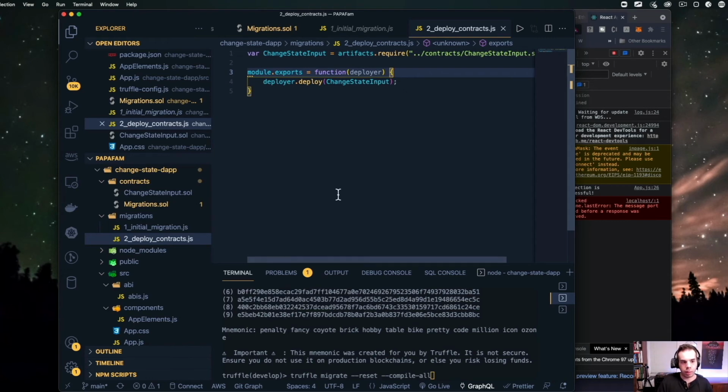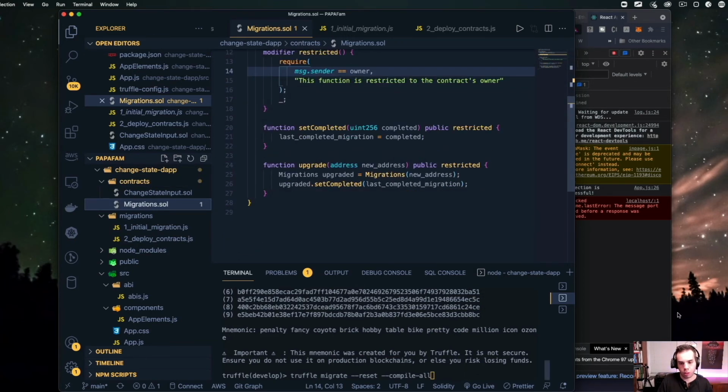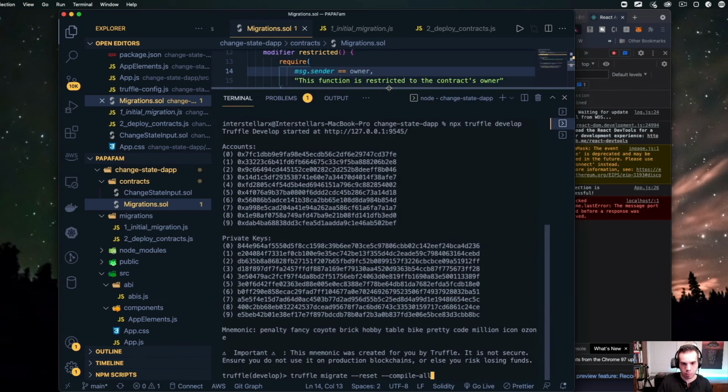So it's basically packaging all of this up, and then sending it to be deployed by the message.sender, which is the owner, to then be deployed onto our local environment. So if everything worked out, which, fingers crossed, let's hope that it did, this should work out well. And I'm going to make this a little bit bigger just so that we can see here.